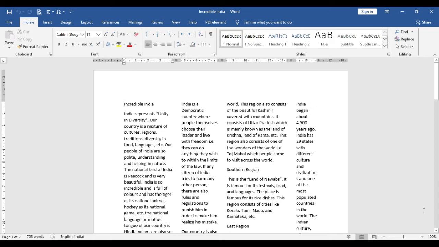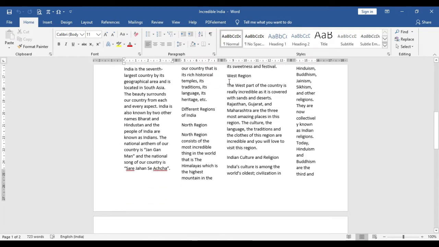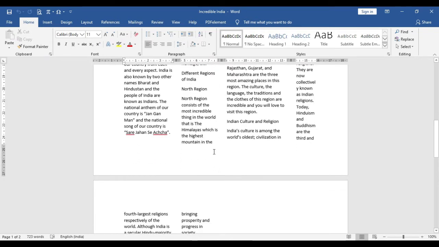Now let's talk about header and footer. So what is a header? The top margin of a page, this white space. This top margin of a page is called the header and the bottom margin of a page is called the footer.